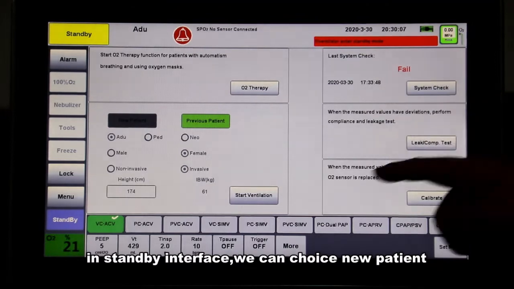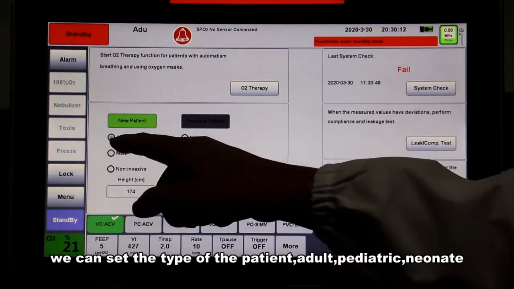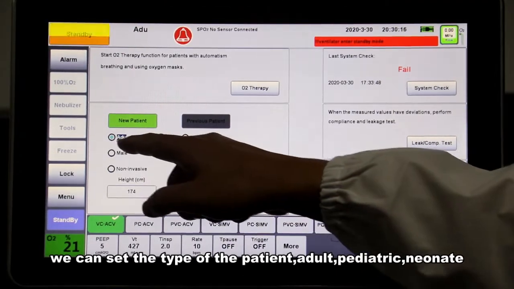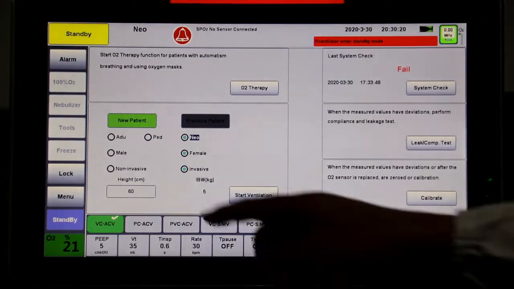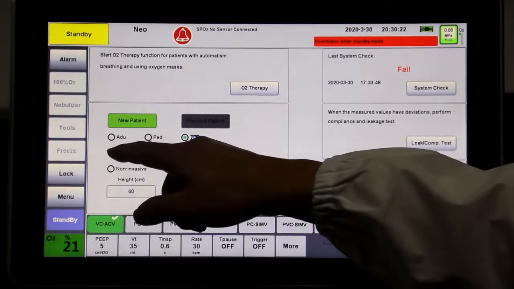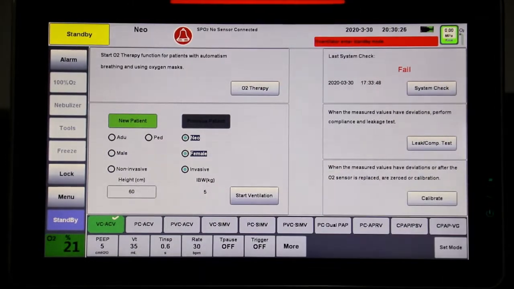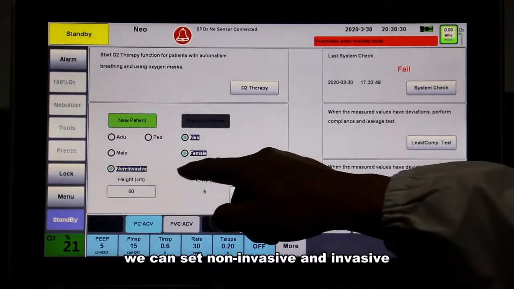In the standby interface, we can choose new patient. We can set the type of the patient: adult, pediatric. And we can set male and female. And we can choose non-invasive and invasive.